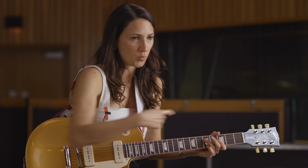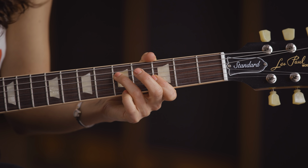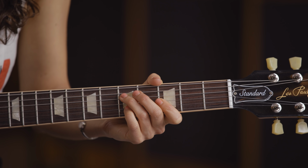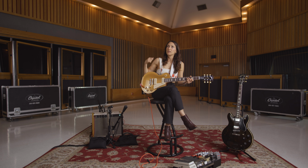And so yeah, let me actually walk you through what I'm doing a little bit. There's a lot of pinky work on this. My pinky's going 1st string, 5th fret, and pulling off. And then I'm doing a hammer on to this 2nd string, 5th fret from the 3rd fret. So you get a pull off, then a hammer on. And then that's the pickup, and then we start to go into the